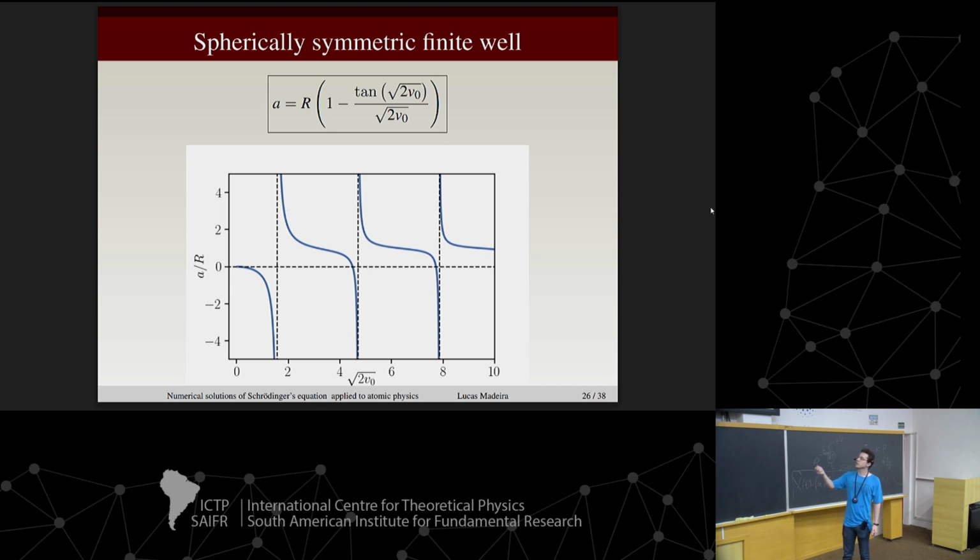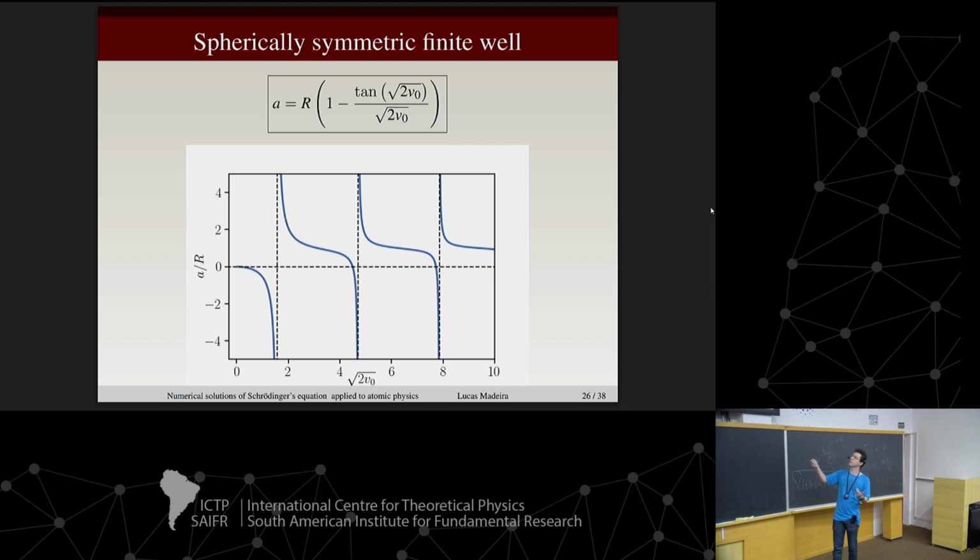For some values, the tangent here diverges. And we have the scattering length that starts at 0. This axis here is related to the depth of the well. So I start with a really shallow well, my scattering length is 0. I start to increase the depth of the well, it's going to get negative, but larger. It's going to diverge up to minus infinity. At some point, it's going to be plus infinity, so it's going to flip signs, and then it's going to start to get smaller, and then it's going to repeat this. So that's what's going on.